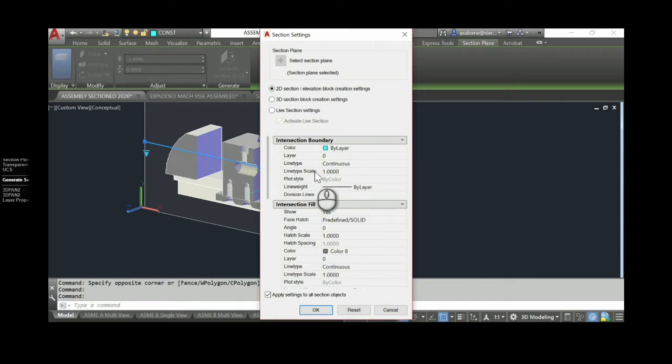And this should be review. We've done this before. You should have this in your notes. Go grab your notes, put me on pause, grab your notes, and check your settings. You might need to know these settings soon, FYI, okay? So the intersection boundary is by layer, and the layer is going to be my profile visible lines layer. Okay, intersection fill, I want that hatch to be ANSI 31.